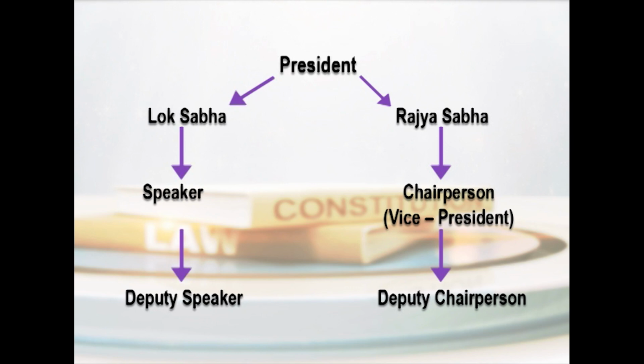While in the case of the Rajya Sabha, it is the vice president who happens to be the ex officio chairman of the House. Now, in the absence of the chairman, it is the deputy chairman who discharges all the functions of the chairman. The president is an integral part of the parliament, though he is not a member of the legislature. In fact, his participation in the legislature is ensured by making him an integral